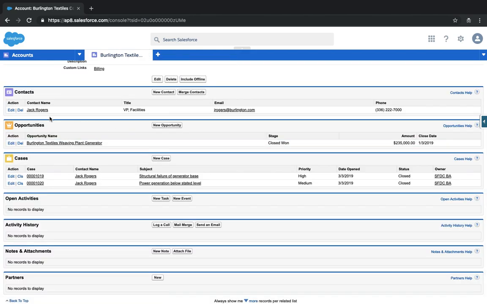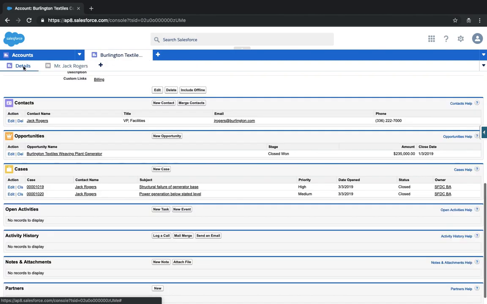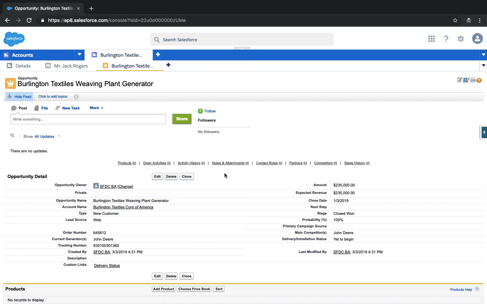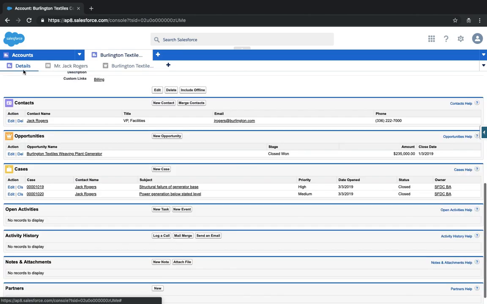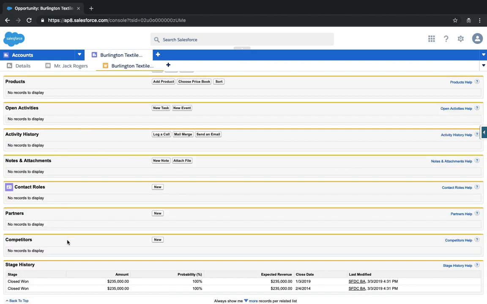If I open my contacts, where will it open? It will open under the account only. This is called a subtab. The primary tab is this and the subtab is this. Let's say I'm opening my opportunities, it will open my opportunity. And I'll open, let's say, a stage history,